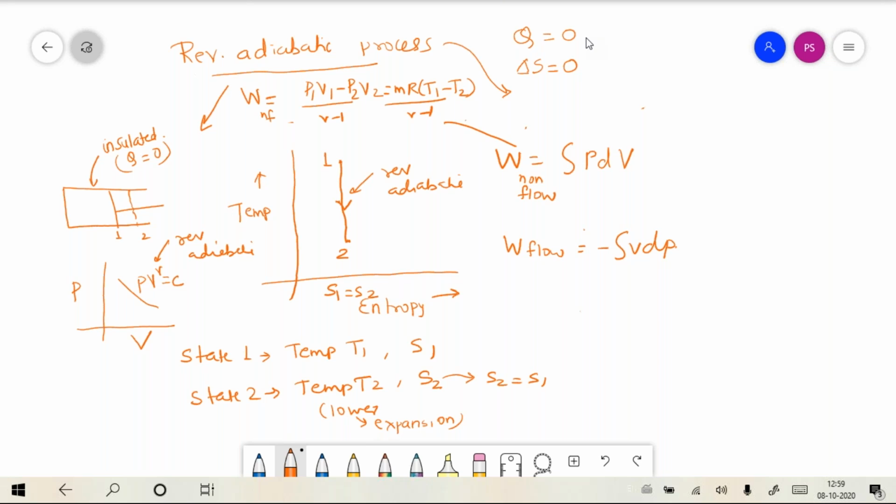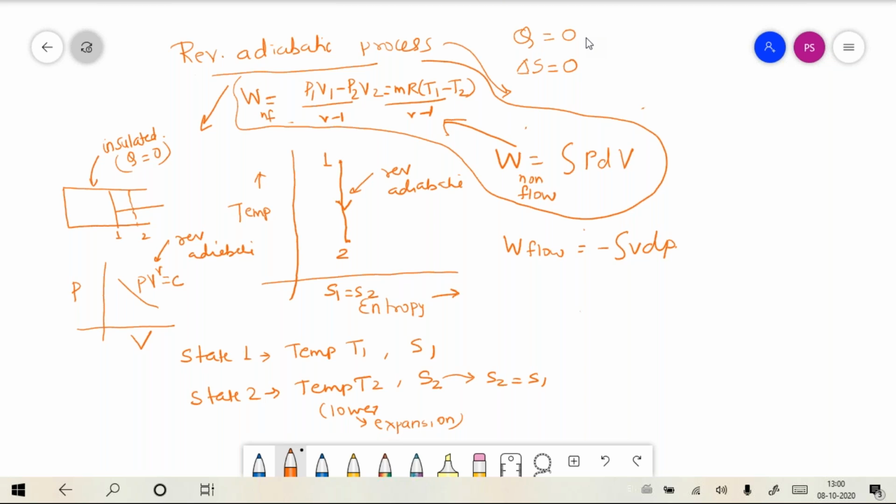We had discussed this derivation in the last lecture. So those who were not attentive can refer to the notebooks of students, and maybe I will be sharing the link of this video also later. This expression is very important for calculating the work transfer if the process is a reversible adiabatic process